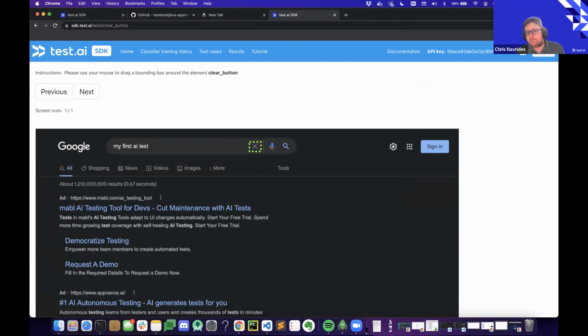A lot of people ask, isn't this just template matching? The thing with template matching is, one, it is very scale variant. So if you run this test case now on an ultra wide or a different screen density, it will fail. Another thing too is it's more of a fuzzy matcher. Right now, for instance, this is Google dark mode. If it goes to Google in light mode on your browser, if you were to execute this test case, that X button still looks like an X. It's still in generally the same location of the screen. However, it's going to be a white background with a black X, and so that makes it a lot harder to find.